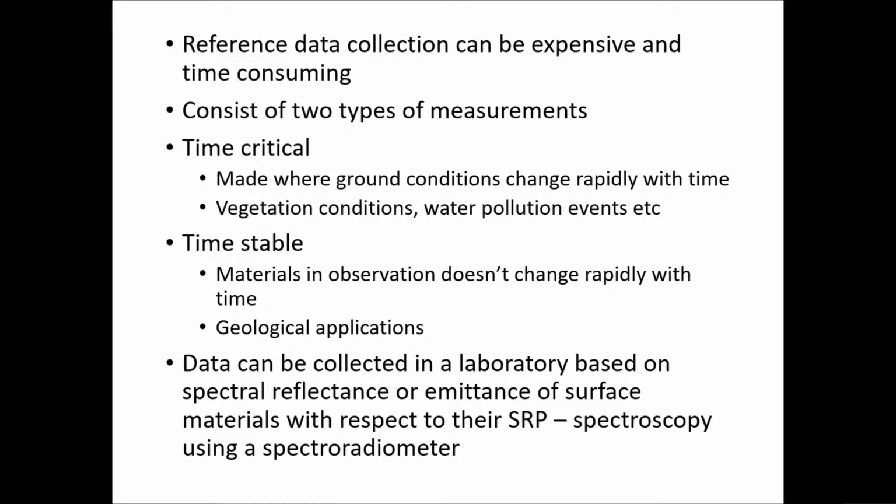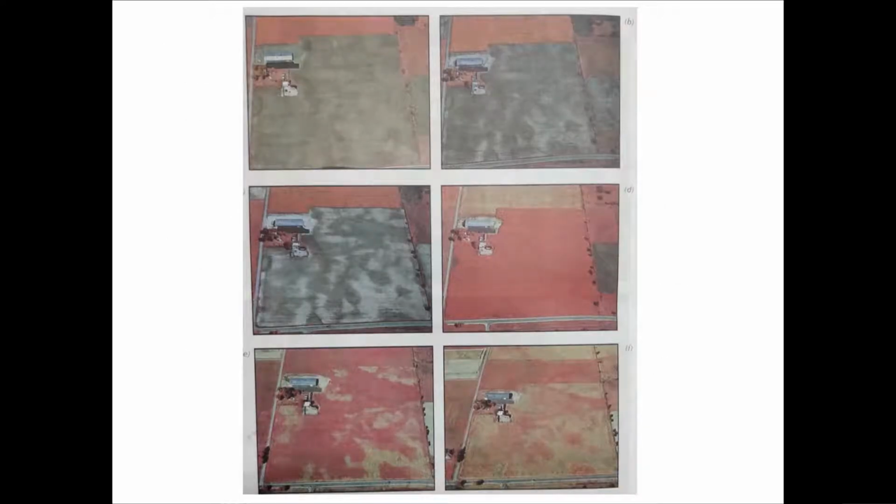Here you can see different colors. You can see this is captured in the infrared region. If you are looking at the center right image, you might not be able to make it out with your eyes, because from the visible spectrum you see a red color, some yellow color, and you have no idea what is there on the ground, right? But if you already have a sample, the spectral reflectance pattern of near IR of various features, you might be able to cross-check and match it with some particular features, and you will be able to identify that this particular color or reflectance pattern represents this particular feature.